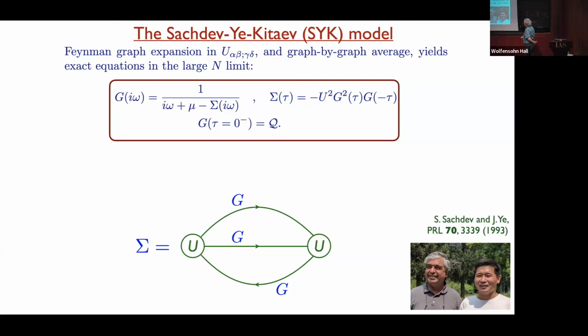Okay, all right, so this gives you this set of equations. The only thing here is that all the Green's functions only depend on frequency, since there's no space. So this is just the Dyson equation. You have 2 unknowns, sigma and G. And this is the expression for this graph. Sigma is minus U squared G squared G. All right. So that looks simple enough,